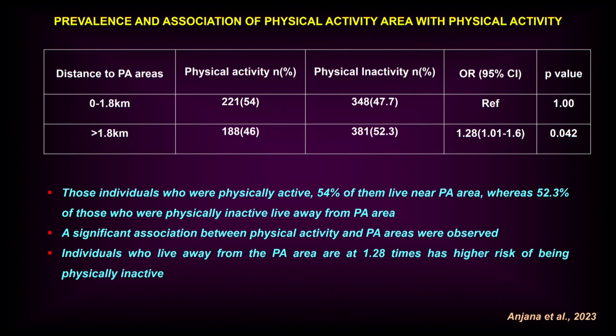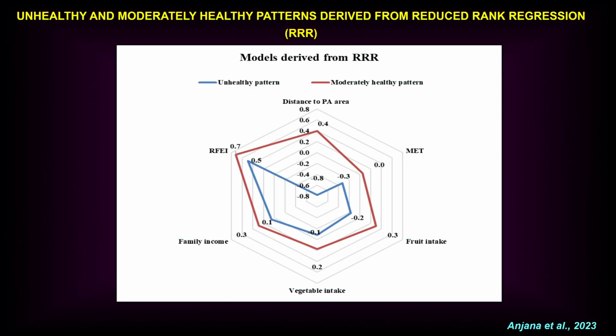That's what she's showing. But we also had to show one more thing. We had to show within a physical activity area, it's not enough. If there's an area, do people actually do physical activity? The answer is yes. If it's available, people are able to go to a park and walk or whatever it is. So within a 1.8 kilometer radius of a person's house, availability of green space helps to increase physical activity.